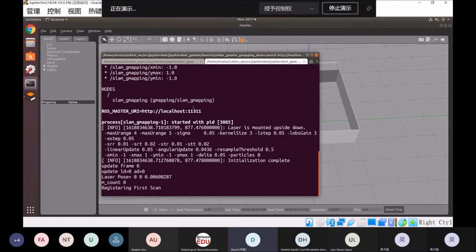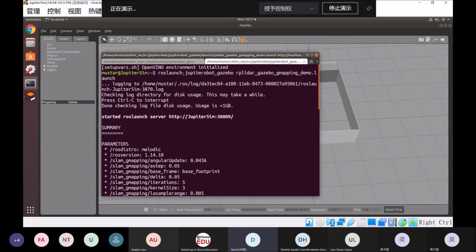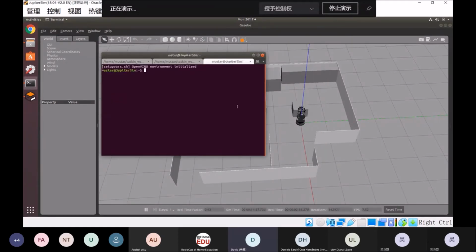The command is different from the PPT because we have set up our own package, Jupyter Robot Gazebo, and the launch file is rplidar_gazebo_mapping_demo. If you see "registering first scan", that means the program is working well. And the third one,